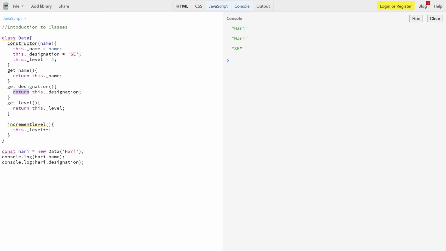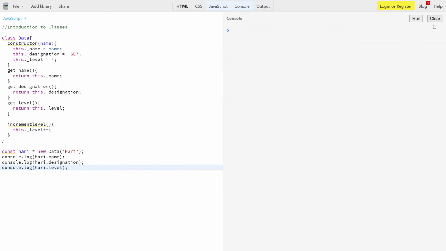So it will return this dot designation, which I previously set over here. In the same scenario, I'm printing one more value as console dot log, with hari dot level. Enter. See, you are getting a 4 over here.